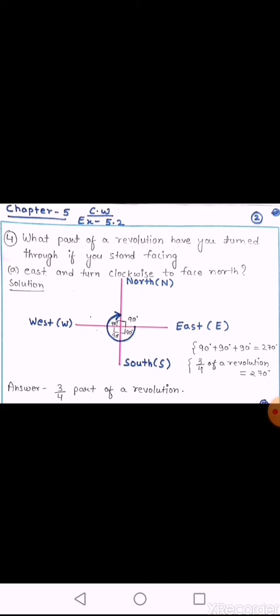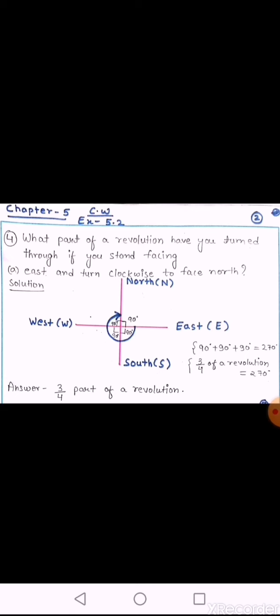And in 360 degrees how many right angles? In a complete angle there are 4 right angles. In a straight angle how many right angles? There are 2 right angles. In 180 degrees, how many? 90 plus 90 is 180, so there are 2 right angles in a 180 degree angle. And you have to learn this, it is very important: a 270 degree angle has 3 right angles. Repeat it 10 times, then you will learn it. 270 degrees is equal to 3 right angles.